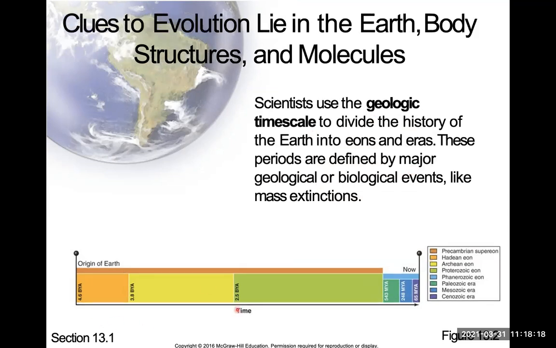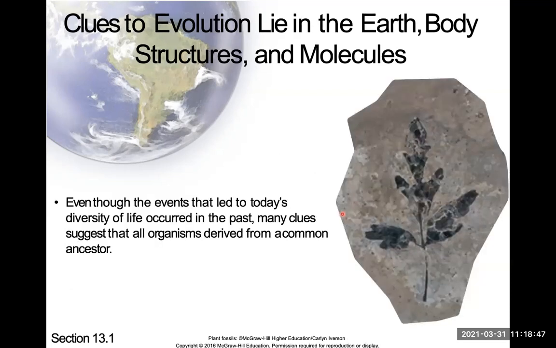So this is called geological time scale. Scientists, they divide the time in history into eons and eras. These ones here, again, like I said, you don't have to memorize these. And they are defined with major geological events. Maybe there was a mass extinction. Maybe here is when oxygen came around and caused the first mass extinction or something like that. So that's how they divide this geological time scale.